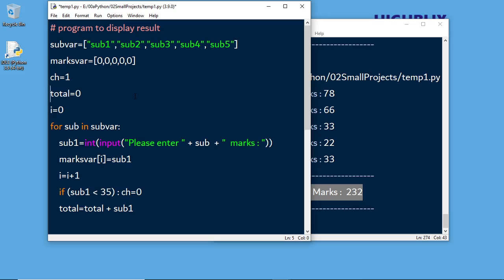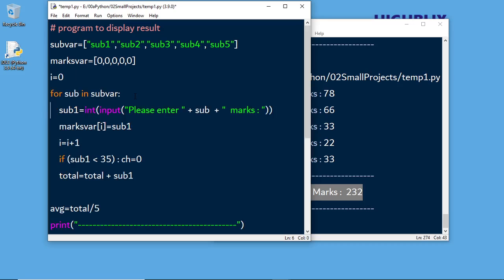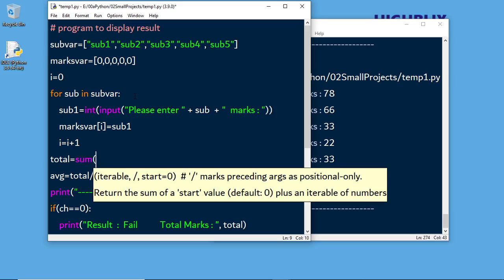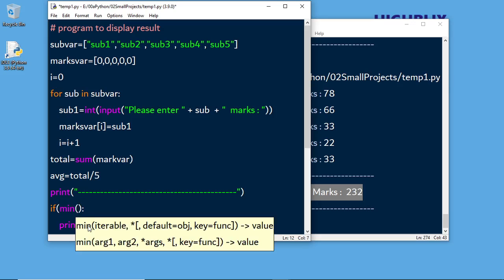So you can see that this total is not required for us now. ch is not required for us now. So what you can do is, instead of checking here, we'll remove this code, and to find the total we can say total is equal to sum of marks_var. Then total by 5 will give the result. And now here, instead of ch is equal to 0, because we removed the ch variable, we'll say minimum of marks_var, this is the marks_var,